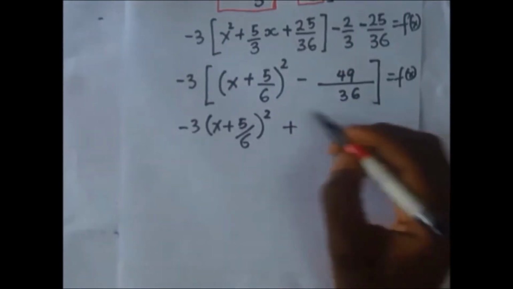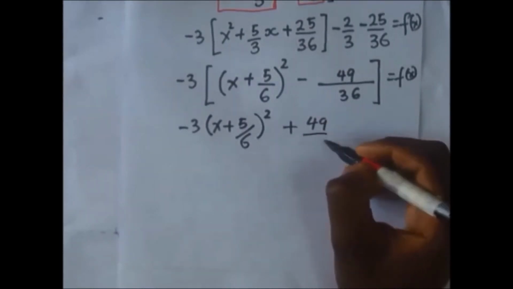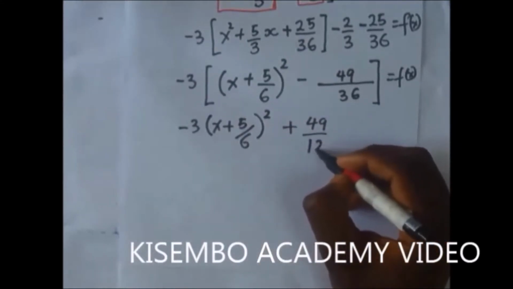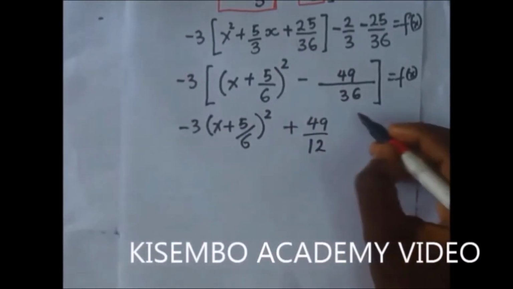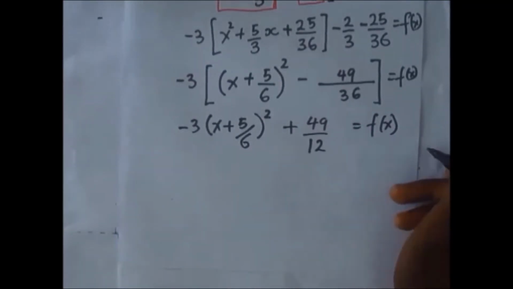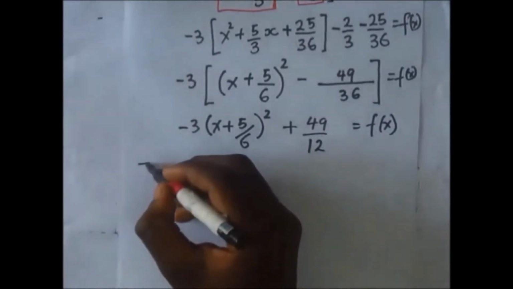That will give us plus 49 over, now of course the 36 and the 3 this will give us 12 when we divide them. It will give us the function of x. So we conclude that we say that the maximum value